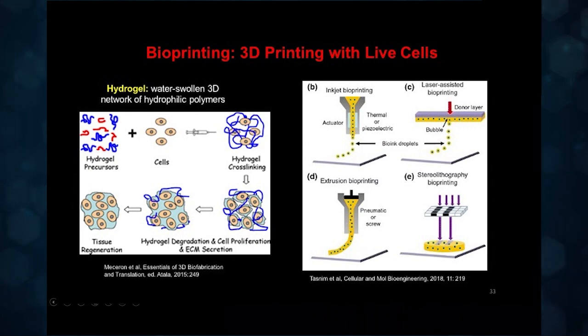So basically, you have a nozzle in which you fill in this hydrogel with the cells, and you can push them out using a pneumatic or screw-based mechanical system. You can have stereolithography. So now you have not only your photosensitive polymers, but you have cells dispersed in them. So if you turn on the light, layer by layer, the material will get polymerized, and that will entrap